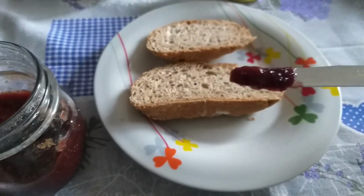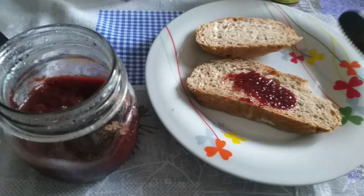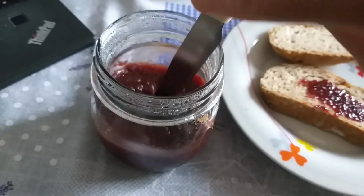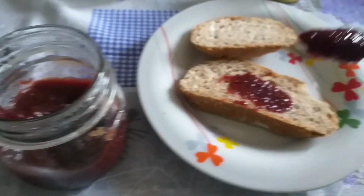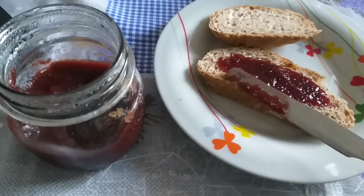Of course, I had to taste it. As you can see, the consistency turned out pretty well. Pretty pleased with the result, and I can assure you that the taste was also really good, very natural, very fruity and fresh. So that's it. Very simple, very natural recipe for marmalade that I picked up